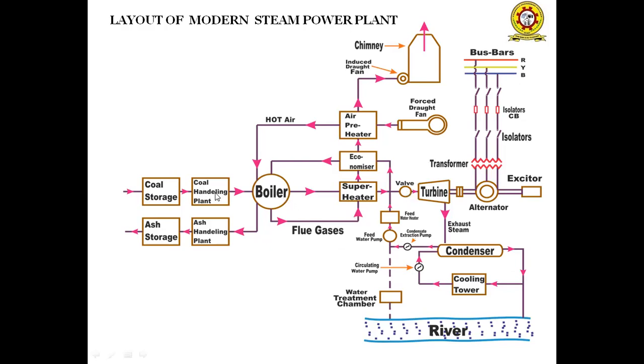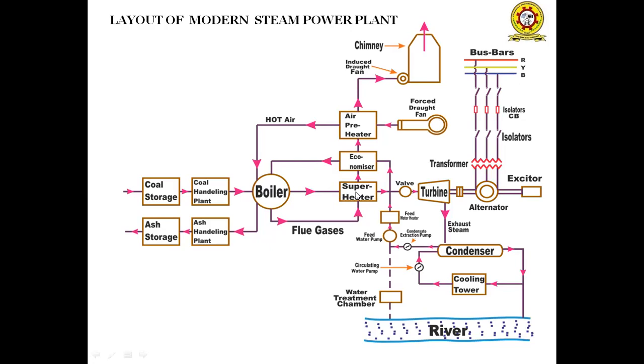And for burning of the coal, we need air. The air is coming from the air preheater, that is, hot air enters into the boiler. So from the hot air and the pulverized coal, the chemical reaction occurs and the combustion starts. The products of the combustion along with the heat are generated. And from that heat, in the boiler there are some tubes. In the tubes, the heat gets converted into the steam. So this steam is entered into the